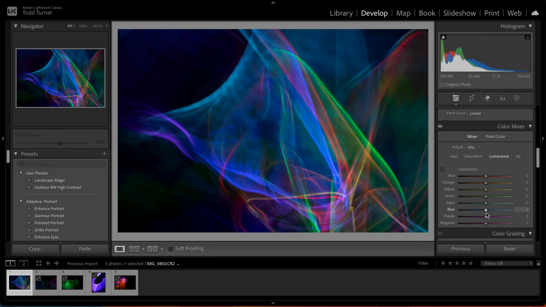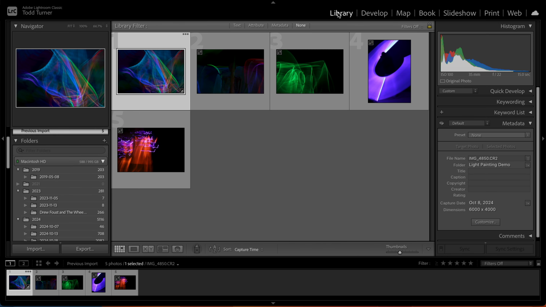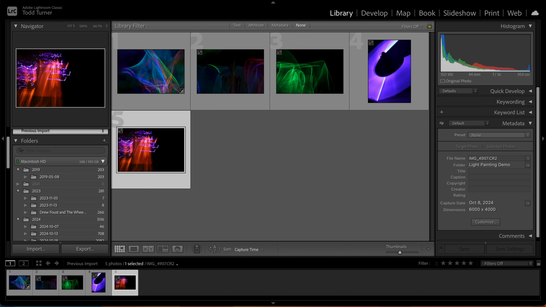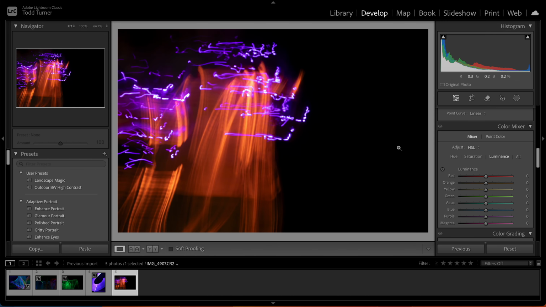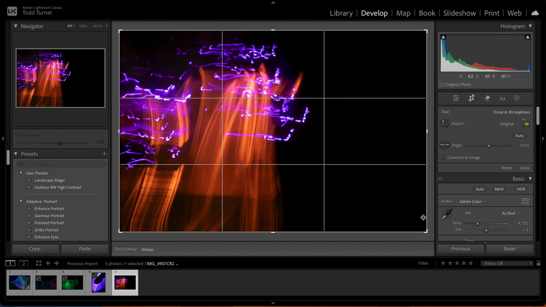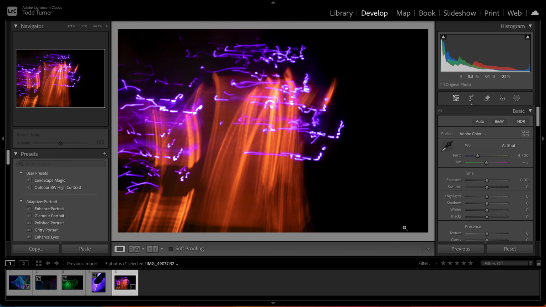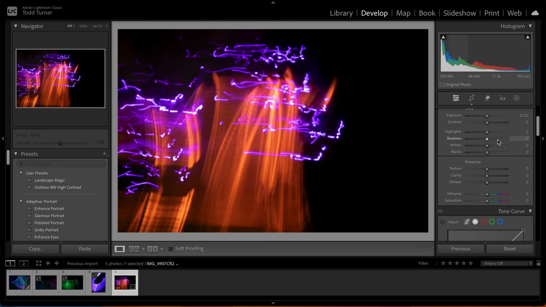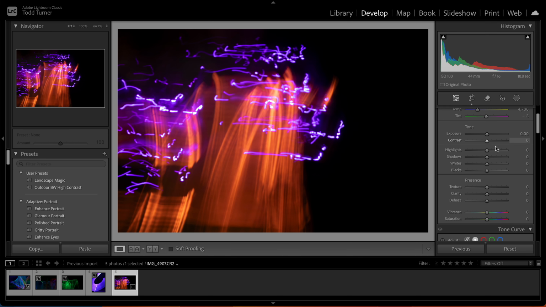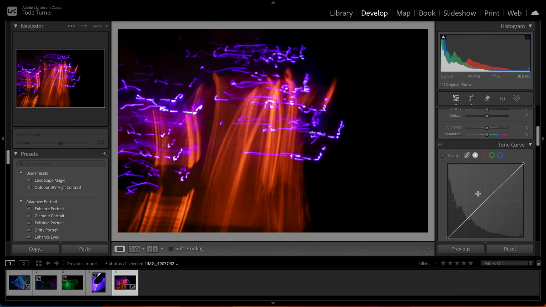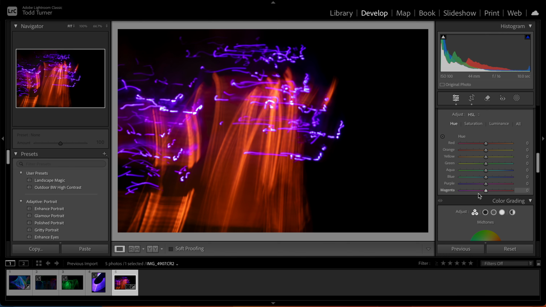So in essence, with this project, you have a lot of creative freedom on this, where you can do just about anything you'd like. I just wanted to kind of show you how you can crop these down. Let's go up here and crop this one down, for example, if we wanted to something like that. Then we go back to our sliders over here and say I pull the highlights down, add a little bit of contrast, then go down to these color adjustments like I was telling you about just a second ago,